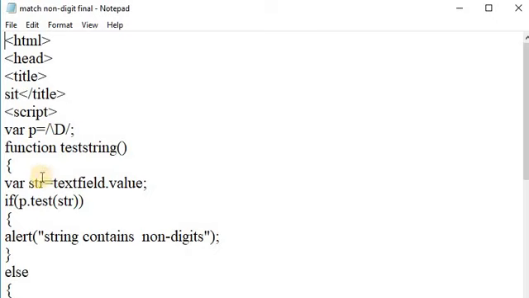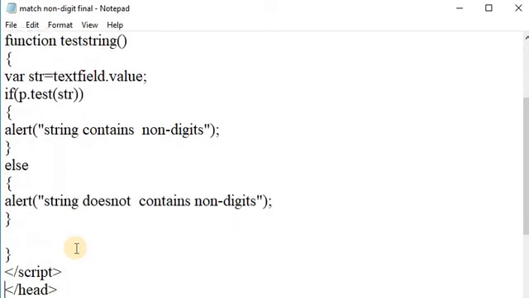The statement p.test(str) is used to check the given string with the pattern, where str is the given string and p is the variable where the pattern is stored. Okay. If the string str contains no digit, then it returns true. Or if the string contains at least one digit, then it returns false.